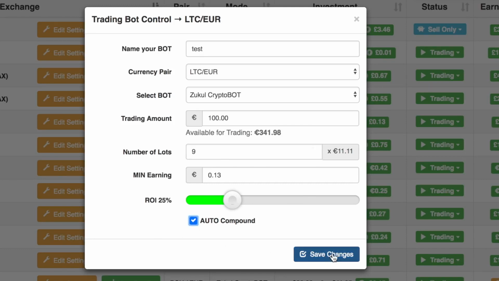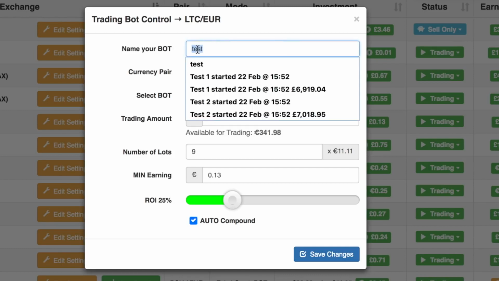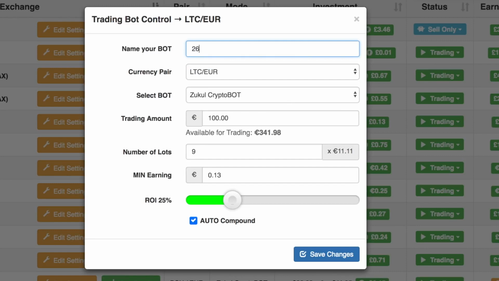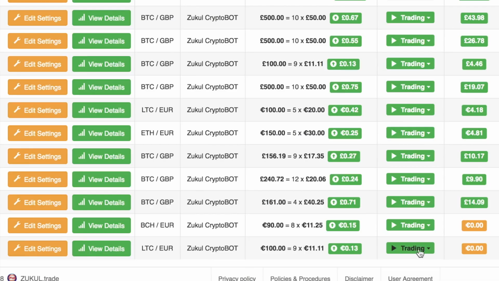Now, once I've done that, I'm just going to call this up here: the new bot was started on the 26th of March. And I've got there 1.25% ROI. That's what I'm asking for. And I'll click save. As you can see, my bot's already trading,